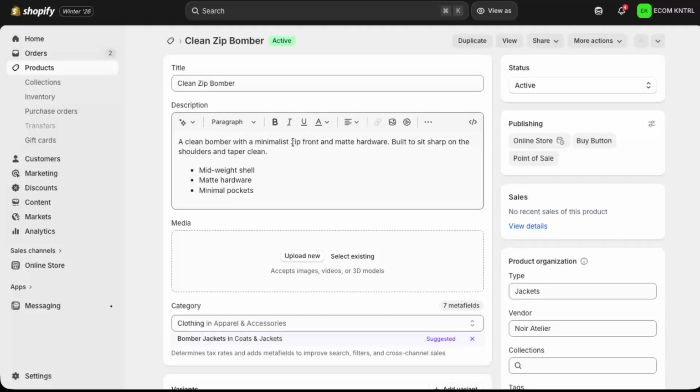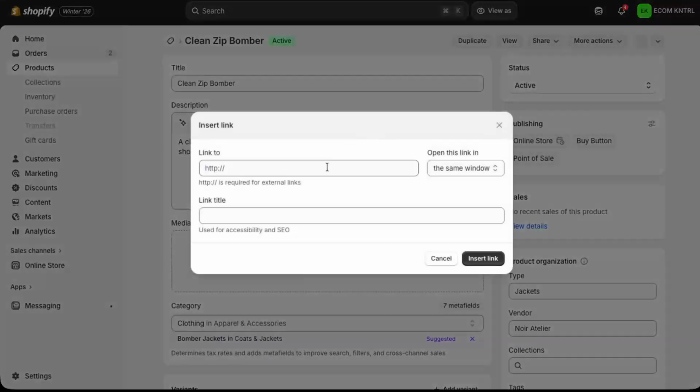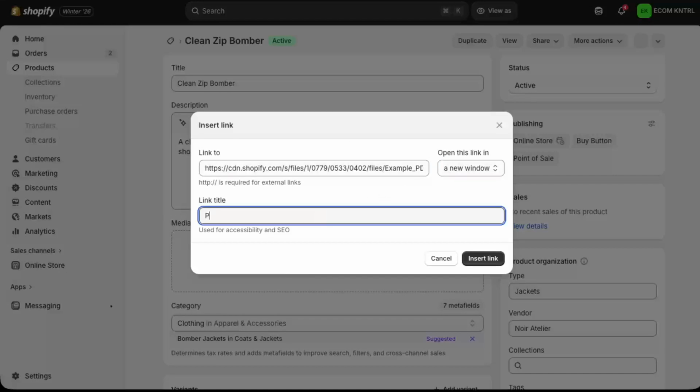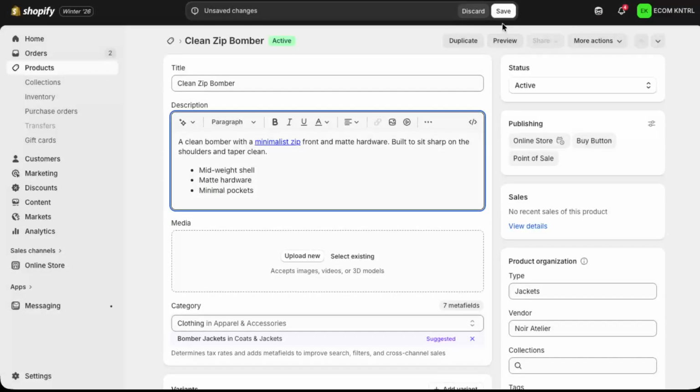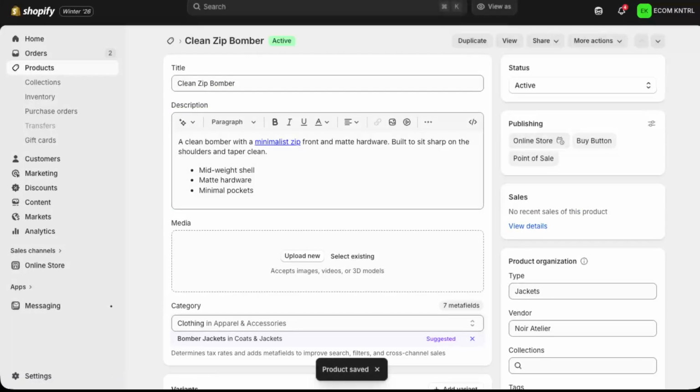Next, look for the drop-down labeled Open this link in. Choose the option A New Window. This is important because it keeps your store page open while the file opens in a separate tab, which is a better experience for your customers. Type in a clear link title, such as Sizing Guide or Product Manual, so it's obvious what the link does. When everything looks good, click Insert Link to apply it, and finally, click Save at the top or bottom of the product page. Your product now has a clickable link that opens your downloadable file in a new